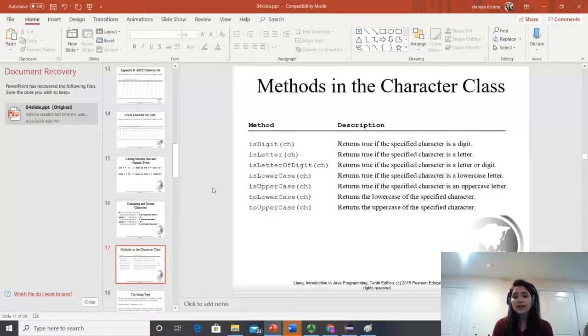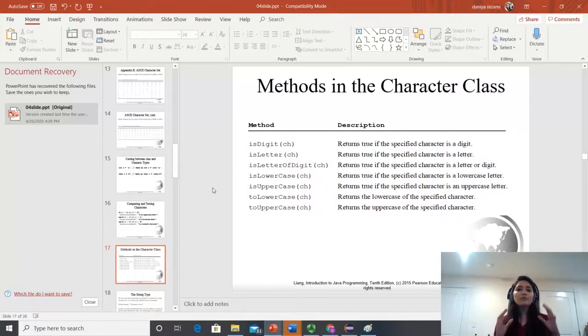There is a class in Java for character, and there are some methods which will be very, very useful in your programming questions. So you should know that these methods exist in Character while you solve. Some students ask, why do we have to remember the methods? They are already within Java.